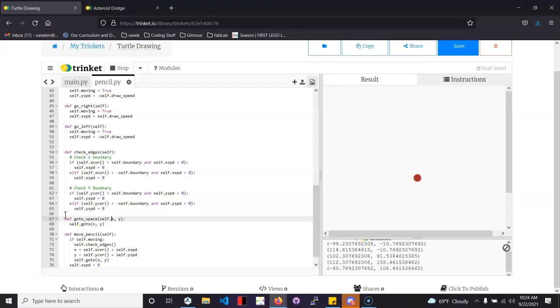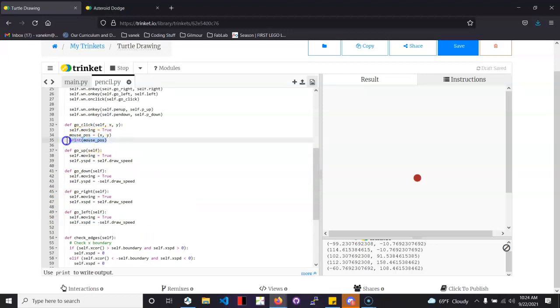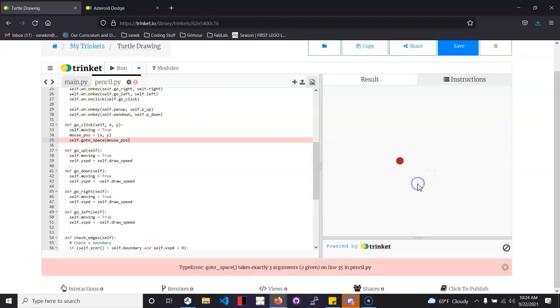This needs self because we're in a method. Okay, and then instead of self.goto here, we're going to use self.go_to_space(x, y), and then in click we can just say self.go_to_space(mouse_position). So if we run this now,